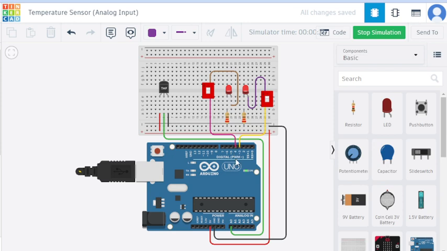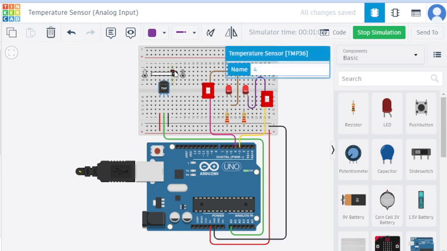I am using here the two digital pins. One LED is connected with digital pin 4 and the other with digital pin 3, and here I have connected the 5 volt and ground, and here is the LDR sensor, sorry, the temperature sensor, with the analog pin. Okay, now if we vary these temperatures, we can see that at a specific temperature both LEDs